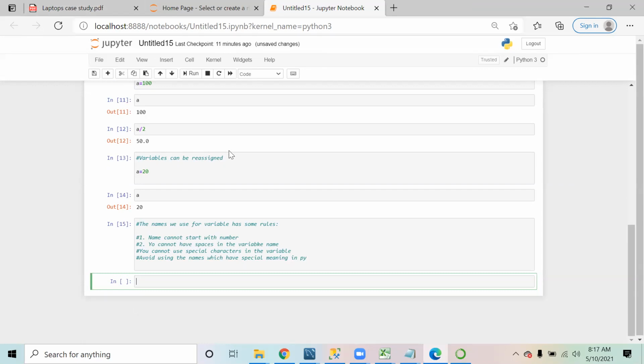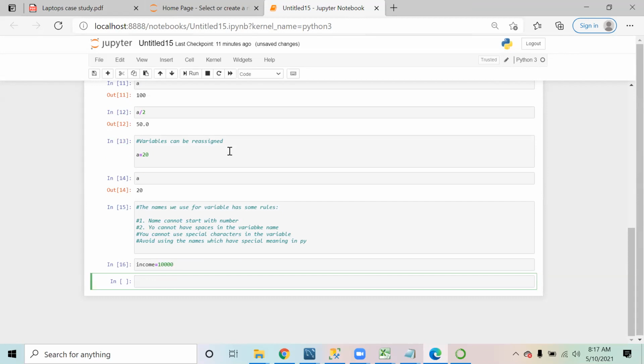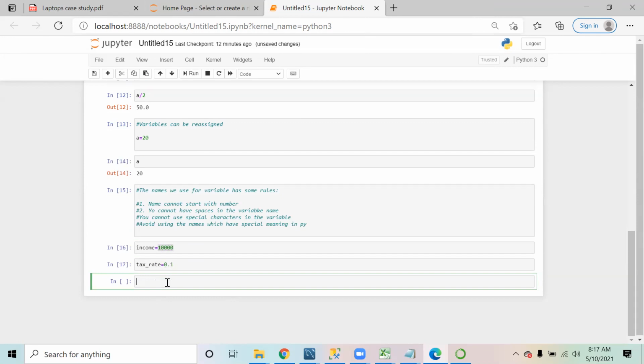For example, I want to create a variable income. Income is equal to 10,000. The variable is self-explanatory, showing that I am storing the income. Then I am saying my tax rate is equal to 0.1. That is 10% is something that I pay as tax, right? So what will be my tax? If I have to calculate my tax, my tax will be equal to income multiplied by tax rate.